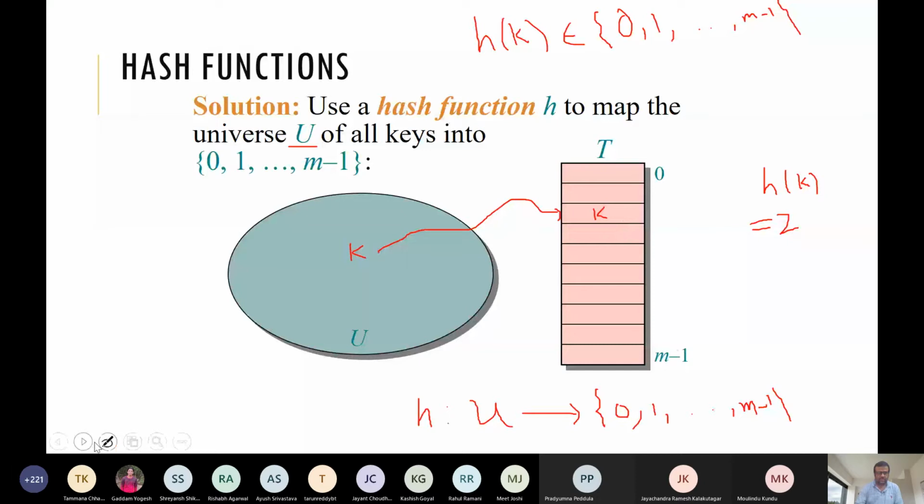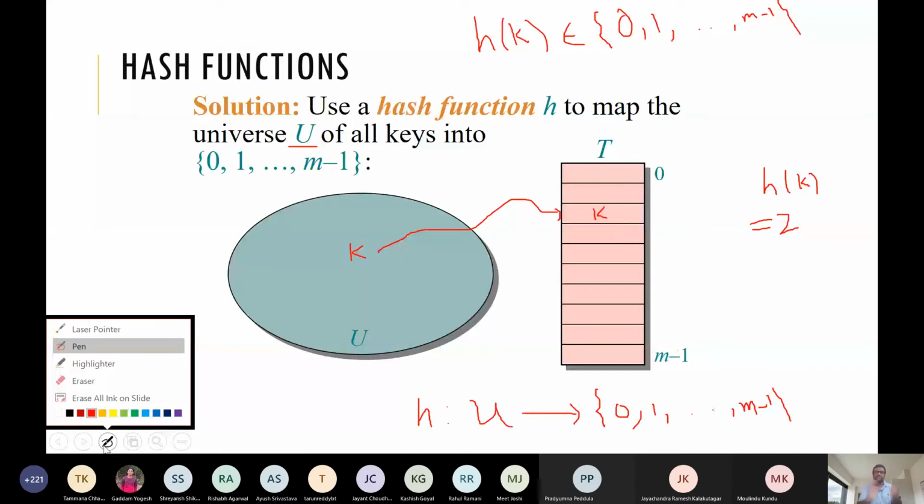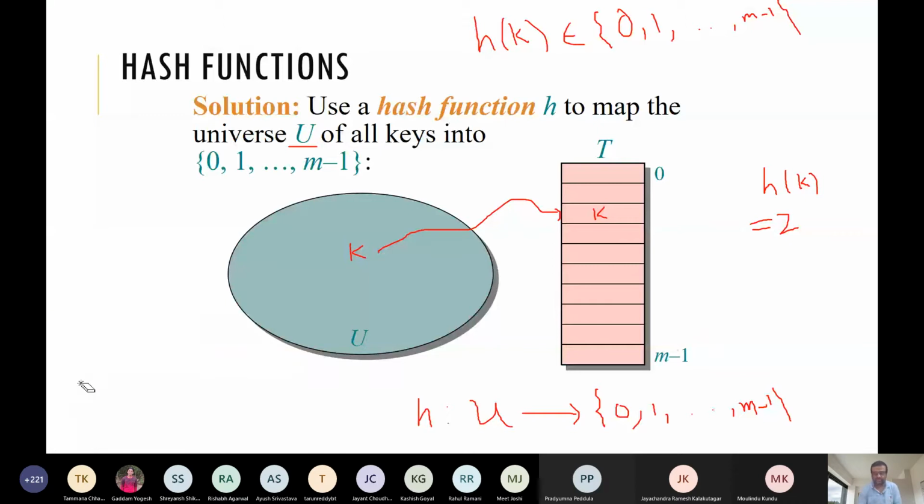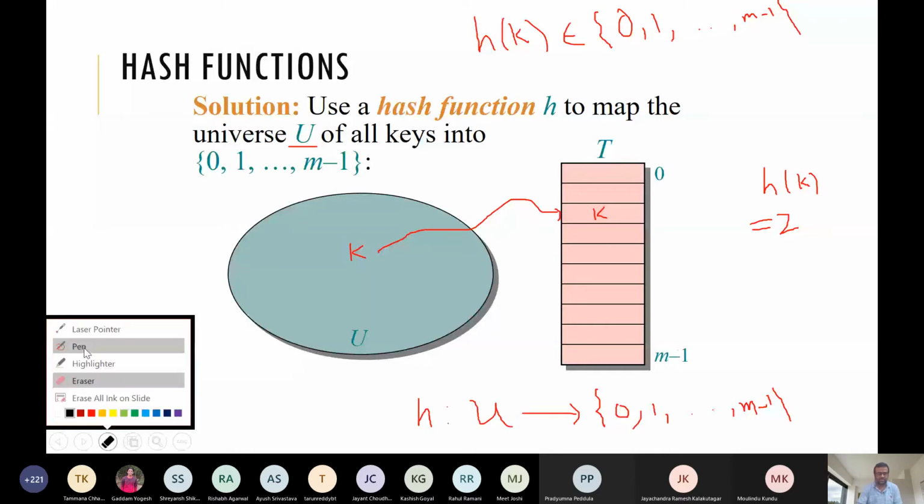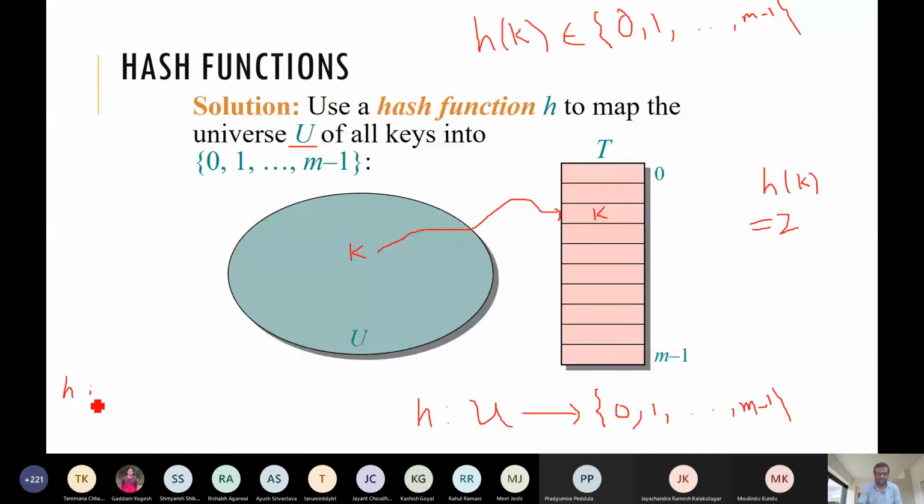Any question? So that is called a hash function: any function which can take a key of any arbitrary size and map it to a fixed, smaller size. Basically it is a function from a bigger size to a smaller size. So this is our h. This side is very big and this side is very small.